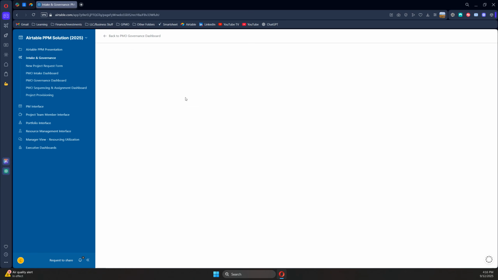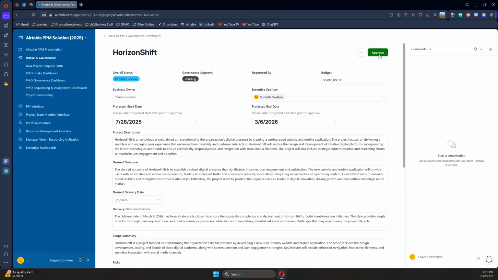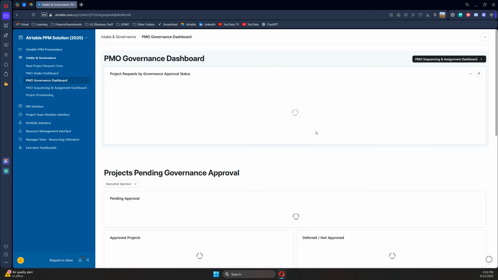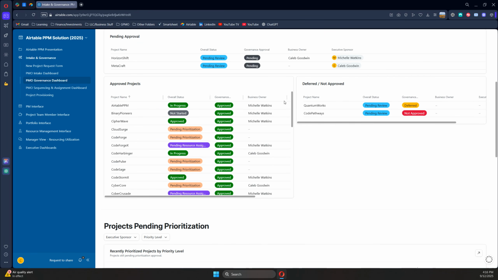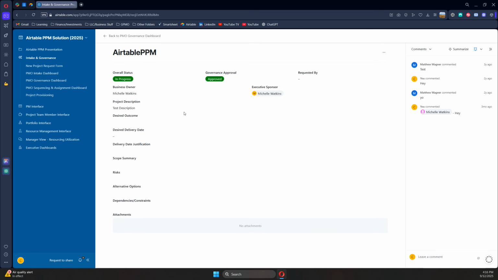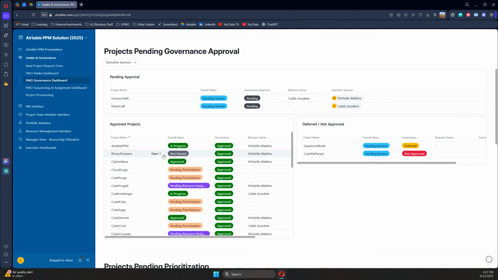Depending on what I choose in this charter view, if I choose approve, it would go to the approved view. If I choose not approved or defer, it would go to the not approved and defer view. In these two views, the view that you would see when you click on a project is almost identical to above, except one main difference in that it is now